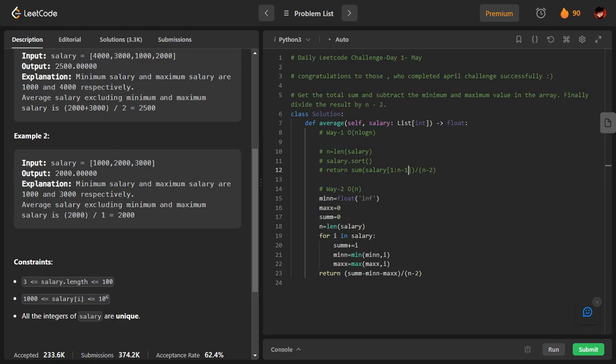I've shown you two approaches. You can also use other sorting approaches. If you use the direct, ready-made sort function, it will give you a better time complexity. But if you use merge sort and all those things, it will give you O of n square in the worst case. You can try that also. That answer also will be accepted, because again the constraints are small.